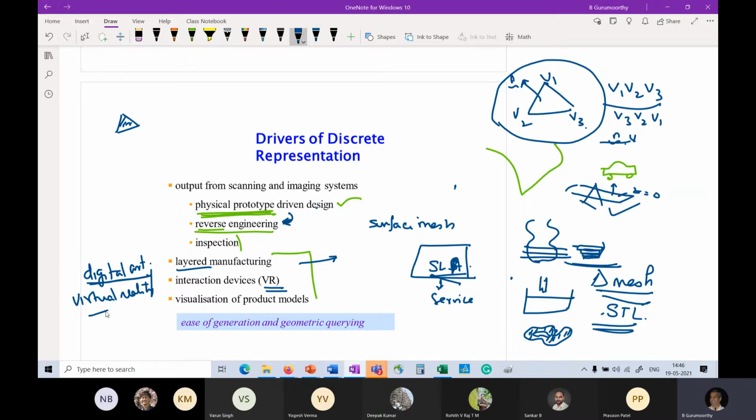Likewise, virtual reality, right? Again, some of you may or may not have encountered this before, but essentially the idea is that I have a digital model of the object or the artifact, and I allow the human user to interact with this artifact with the feeling of a real part.